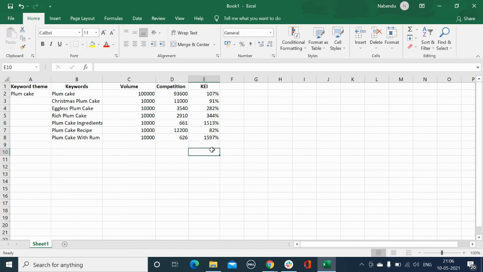So a KEI score of 80% and above is considered to be a good score. It means it's a relevant keyword. And if you see, all our keywords that we have found through our research have a score of 80 and above. So these are the keywords which we need to use in our content to rank higher in Google search.